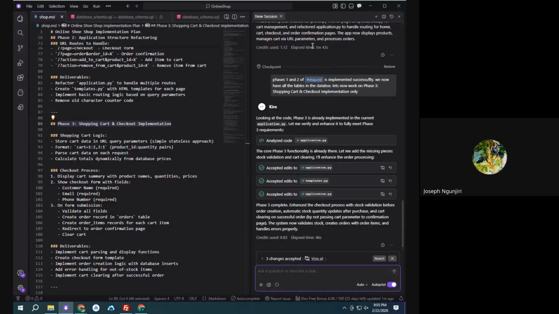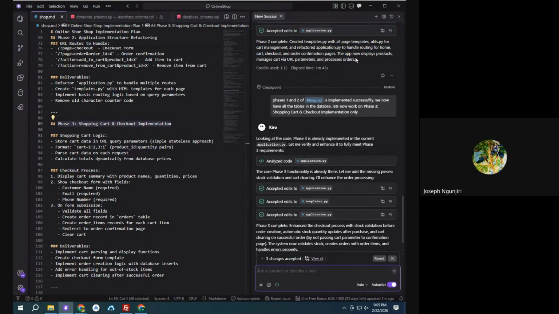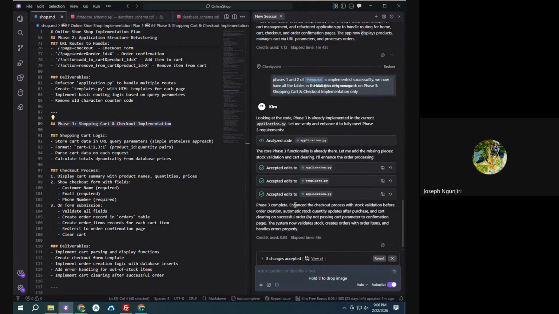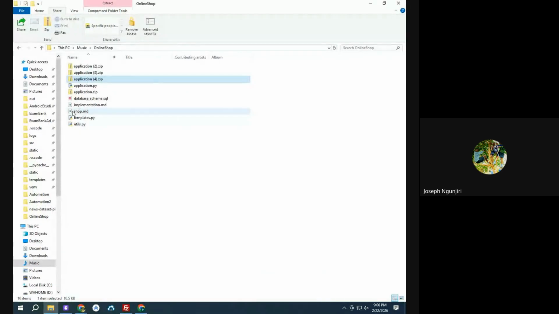Phase 3 complete. So phase 2 ilikuwa inafaa iweze kudisplay products, hiyo tushaconfirm iko sawa. Manage carts by URL parameters in add, but then I process hizi nini. We will fix that. Phase 3 complete, enhanced checkout process with stock validation before order creation. Automatic stock quantity updates after purchase and cart clearing on successful order by not passing cart parameters to confirmation. The system now validates stock, creates orders. So sasa tukishaupdate inafaa iweze kufanya